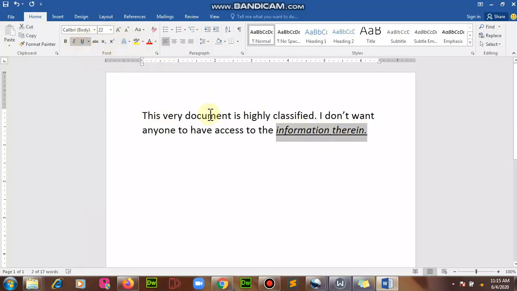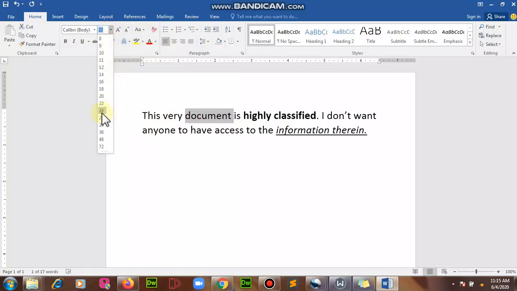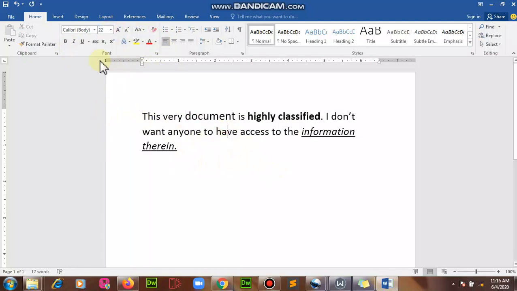Remember, you can make it underline, make it bold, then increase your font size if you want. And what else? I have not saved this for the first time. Remember, when you want to save a document with password, always do that for the very first time you are saving it, so that you don't have a copy that is open to everyone, while you now have another one that you have pretended to have saved privately. When you have such duplicate files, one protected, one unprotected, you have totally